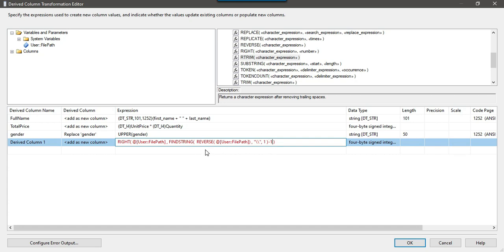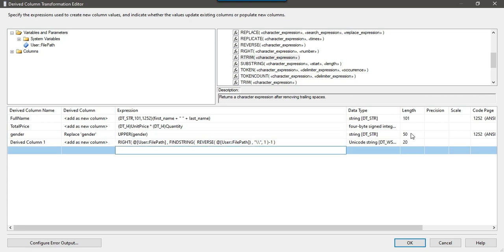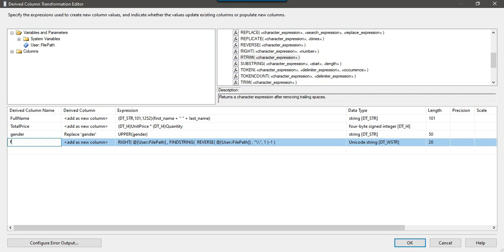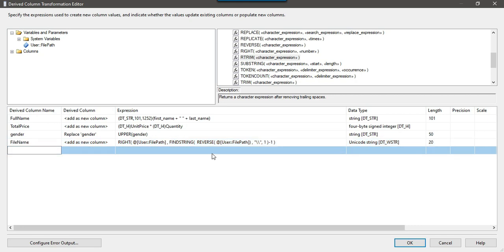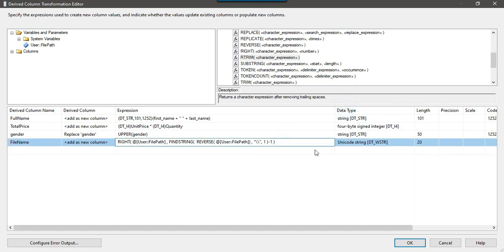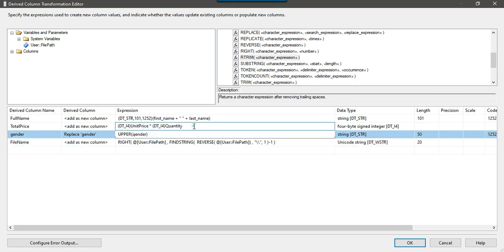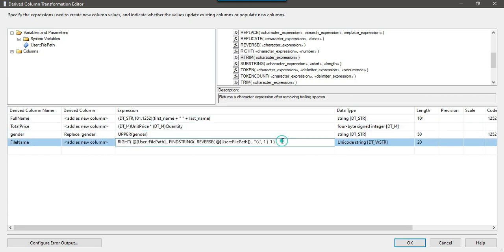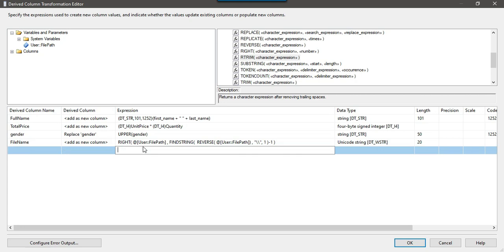So now this seems good. So this will actually get you the values for the file name. So maybe I can call it file name. Okay, this will be of nvarchar. So I think this is fine for now. Okay, this is the expression to get the file name value, and I will share all this code with you, so you can just download it from the Google Drive. I will share the location with you.